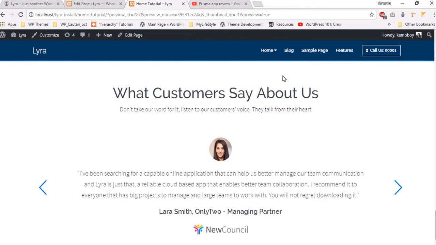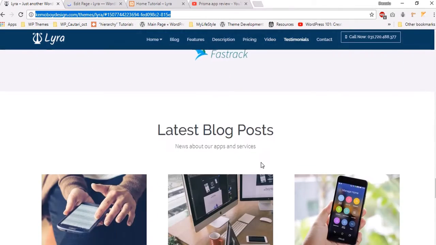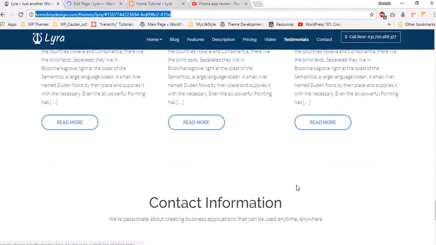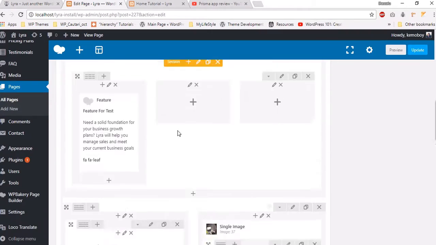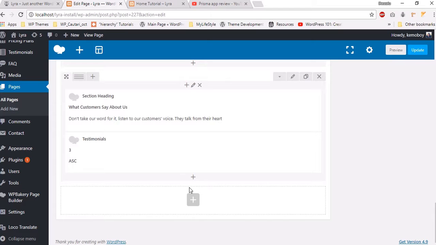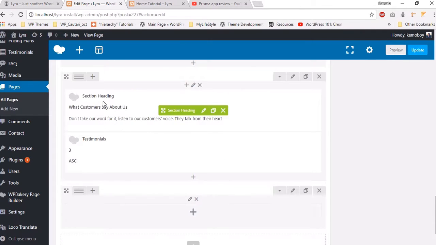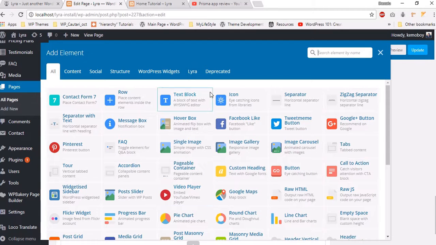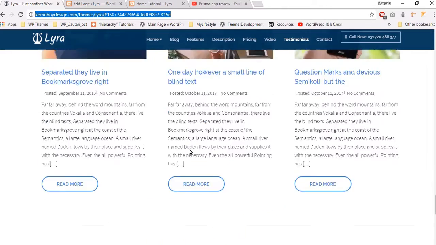And as you can see, everything is good. Let's update the page. And the next section that you may want is the blog post. So for the blog post, you have to add a new row, and also you may want to add the section heading again. So Lyra section heading,